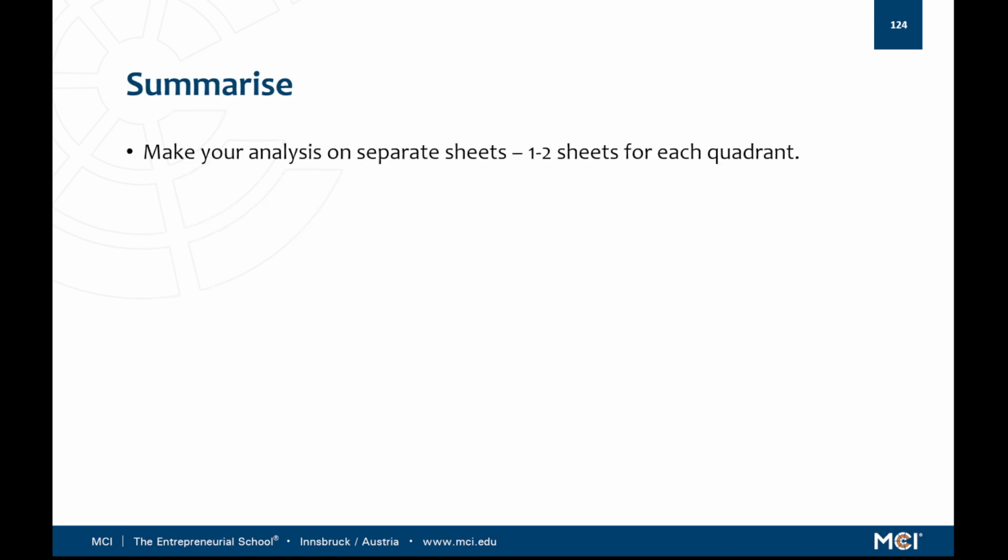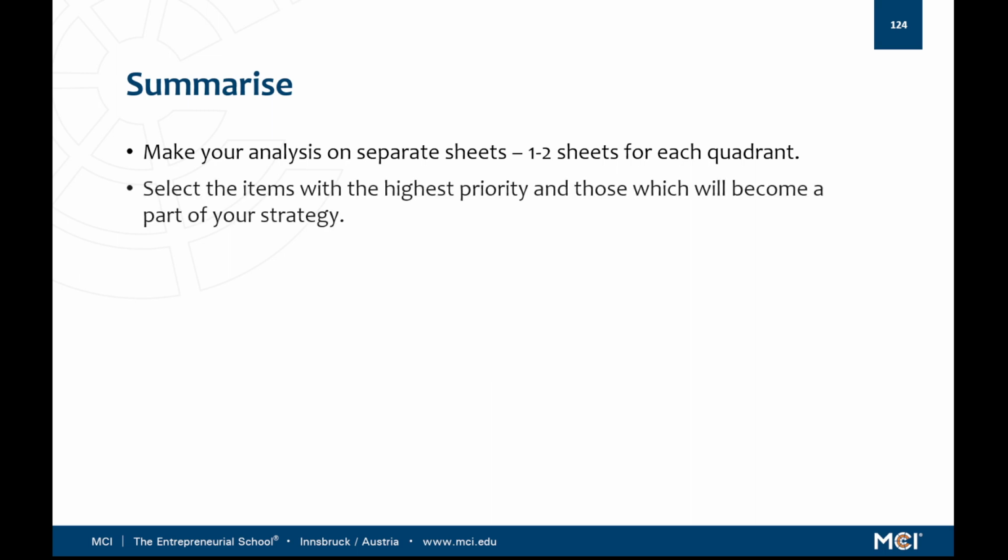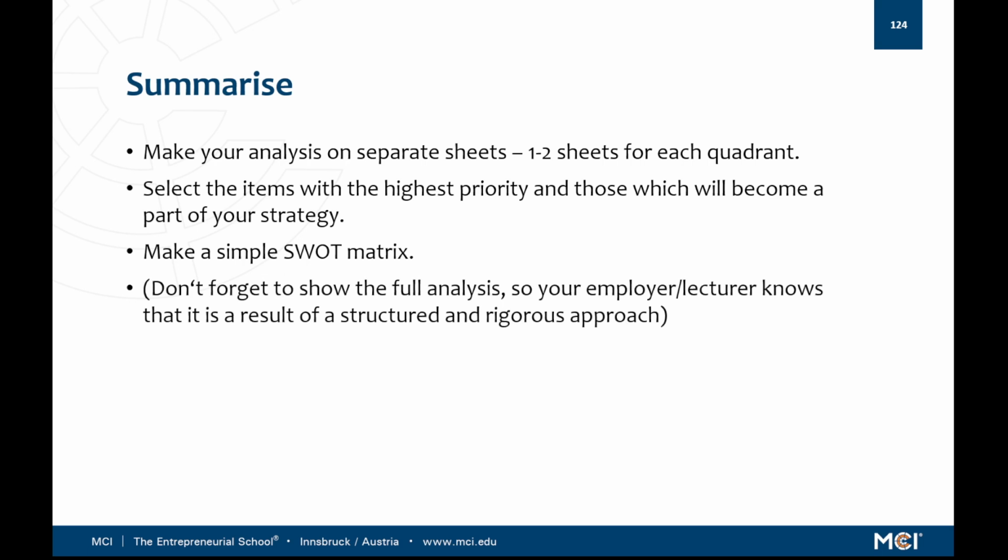To summarize, make your analysis on separate sheets. If it is a simple solution with a simple case, let's say 5 to 10 pages case, you will have about 1 to 2 sheets for each quadrant, just listing different threats and opportunities and how you analyze them and how you prioritize them. Select the items with the highest priority and those which will become a part of your strategy. Make a simple SWOT matrix, but don't forget to show to your employer,